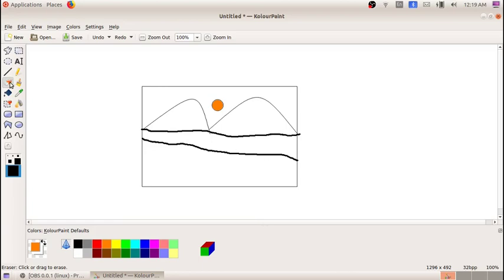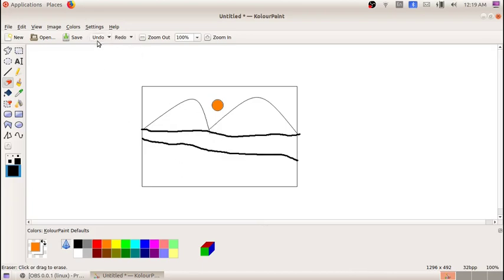I had selected the eraser tool, and if I make a left click on my mouse, automatically it will show the background color. So what is the background color? Here it is white, so it will show you the background color white.